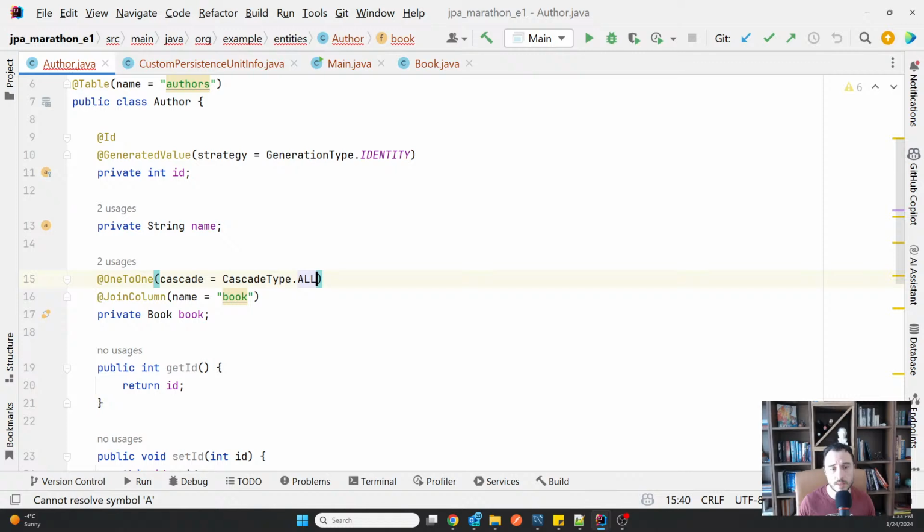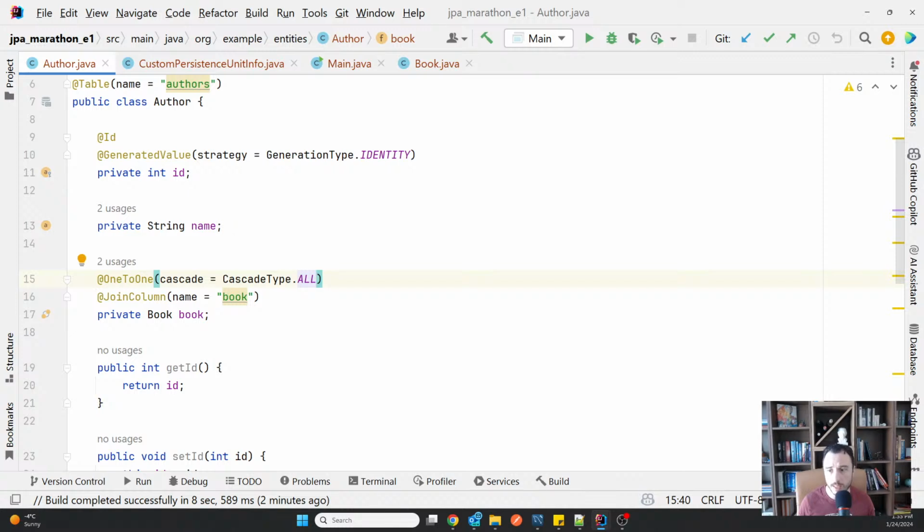Many developers make the mistake of putting all out of laziness, instead of, for example, enumerating the two operations that really need to be cascaded. And then they end up with someone implementing somewhere in the code another operation, and without them knowing or observing that the operation is cascaded, it's cascaded because someone set all at the level of the relationship, and they don't expect that. Setting all, first of all, cuts out a lot of your flexibility of the operations you execute with that entity,